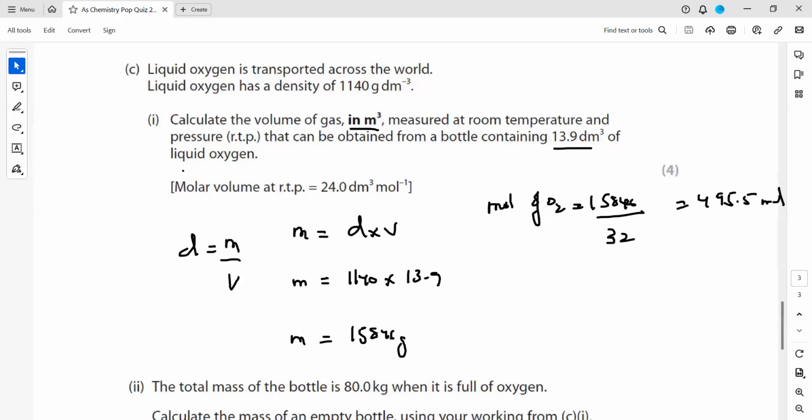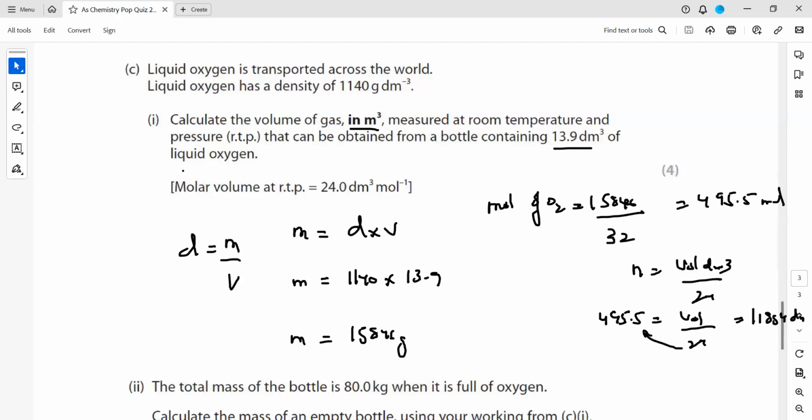And after getting the moles, we need the volume. So how to work out the volume? Moles equal volume of the gas in decimeter cube divided by 24. So we have the moles, which is 495.5. Volume we don't know for a gas, and 24 is divided, so on the other side it will be multiplied. So 495.5 multiplied by 24 will give us a volume, which is